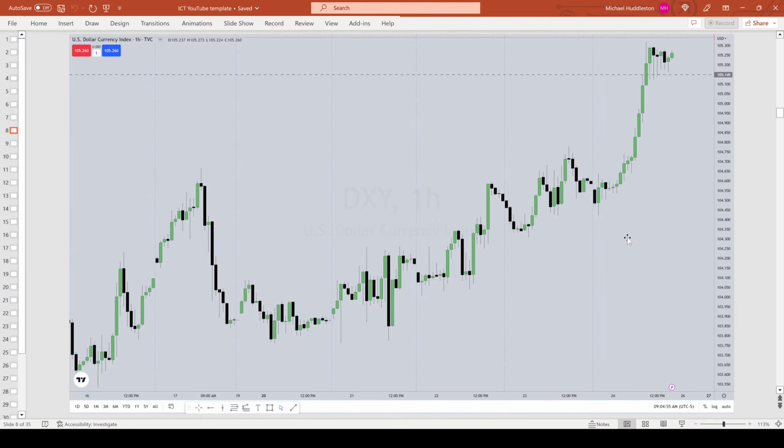Here's the hourly chart here. So here's Friday's action. Unless you were already aware what we were looking for, which was that rejection block price down here, and then here is that consequent encroachment of that wick. And let me go back up one more time to make you aware of what I'm showing you.